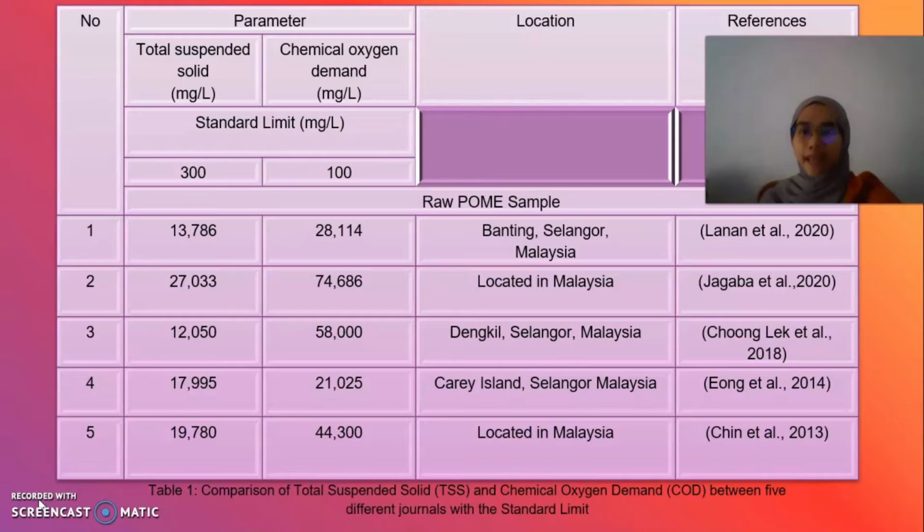In Dengkil, the value is 12,050. Meanwhile, at the Carey Islands, the value is 7,995. Lastly, at certain places in Malaysia by the journal of Chin, the value of total suspended solids is